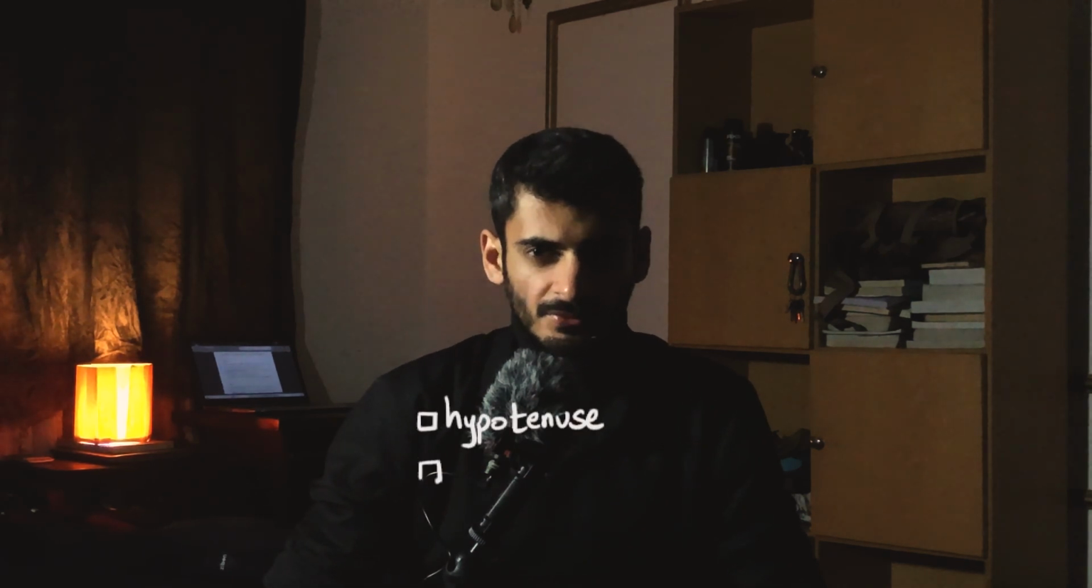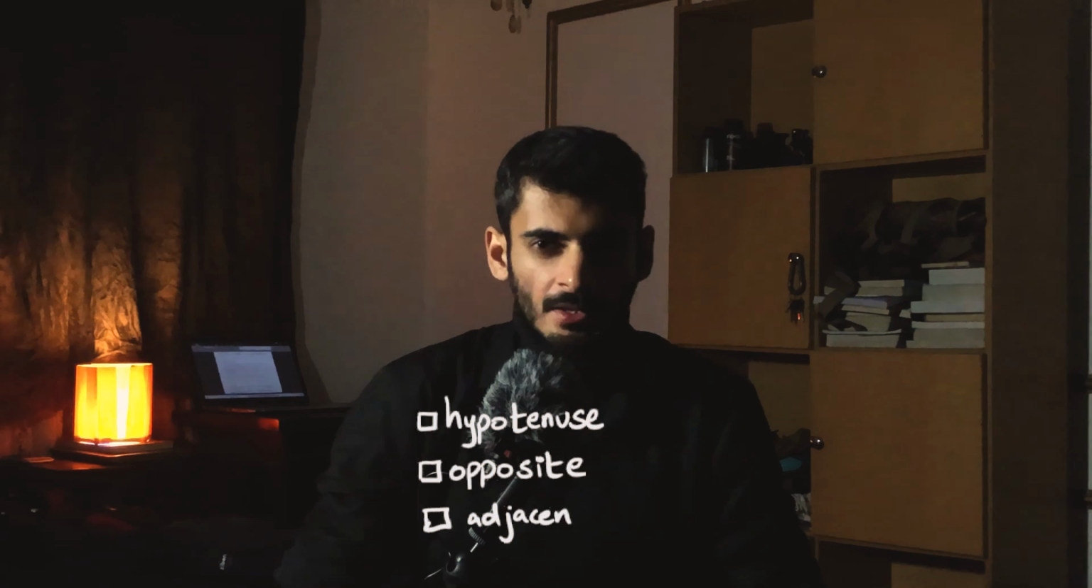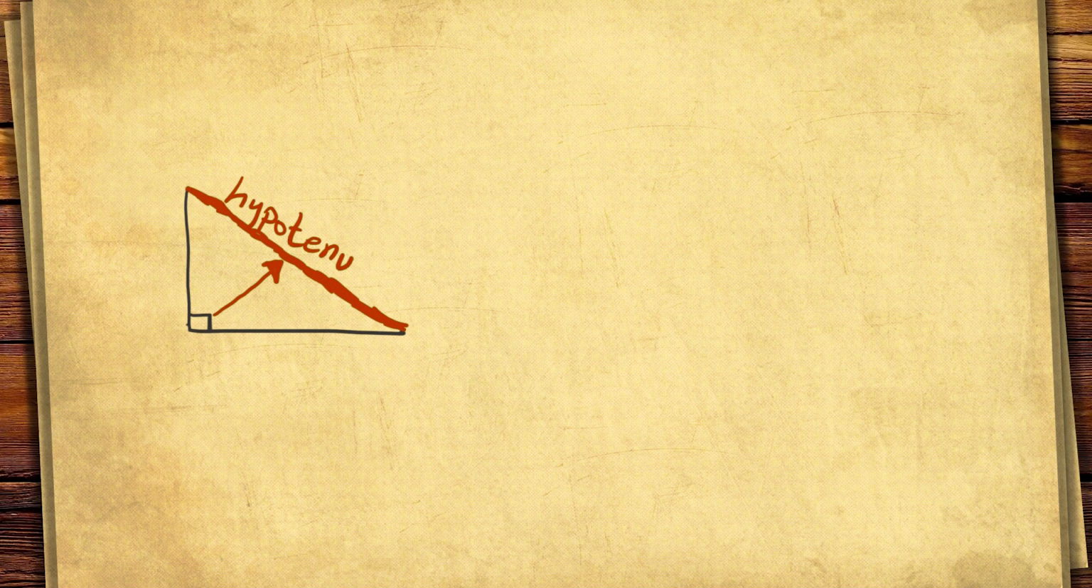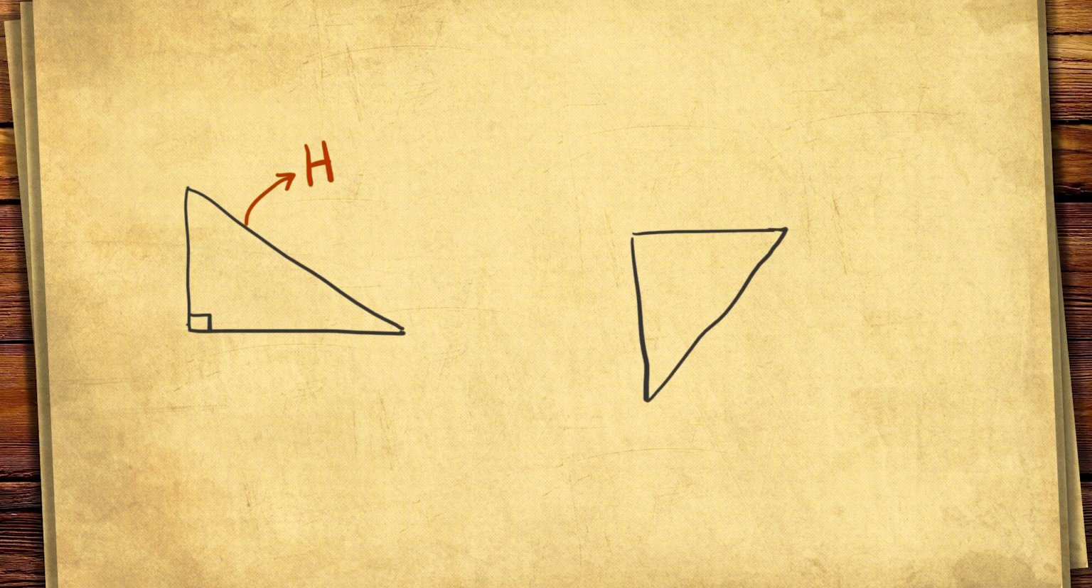Now to use sine, cos and tan, we need to know three things: the hypotenuse, the opposite, and the adjacent. Let's understand them one by one. First, the hypotenuse. In a right angle triangle, first find where the right angle is. When you see the right angle, the side opposite to it is the hypotenuse. It is the longest side of the right angle triangle, and we mark it capital H for hypotenuse. In this triangle, this is the right angle, and so the opposite side to this right angle is the hypotenuse